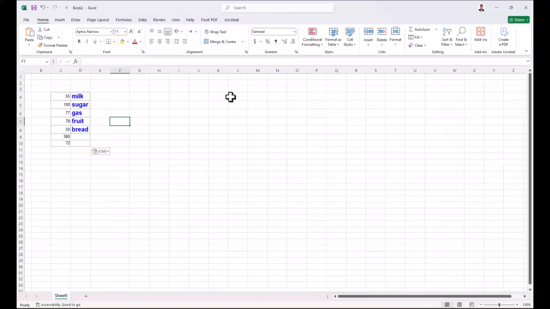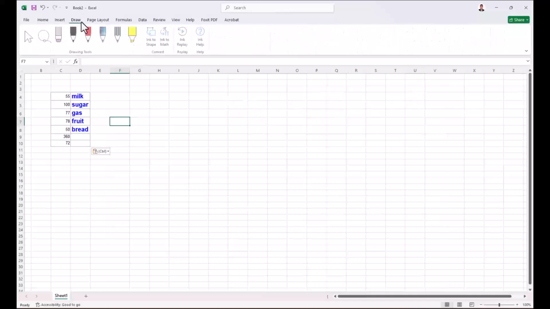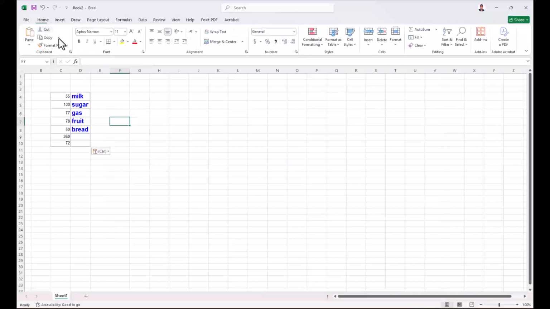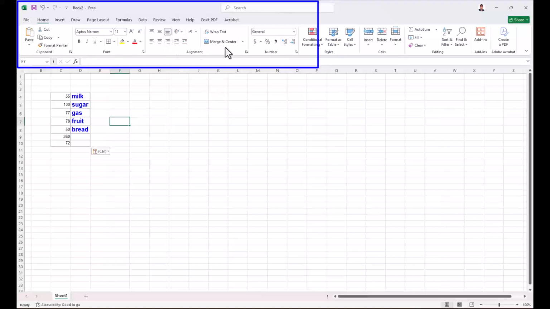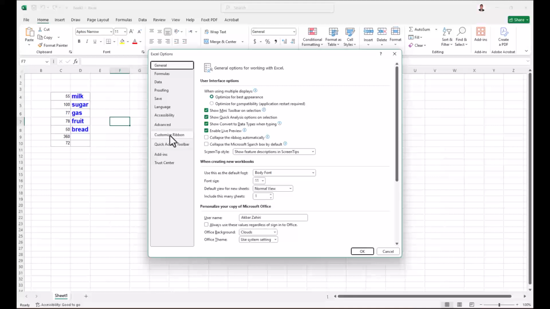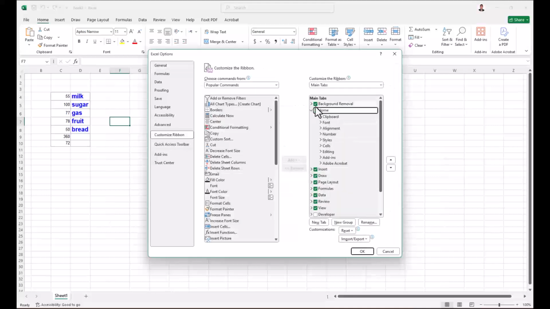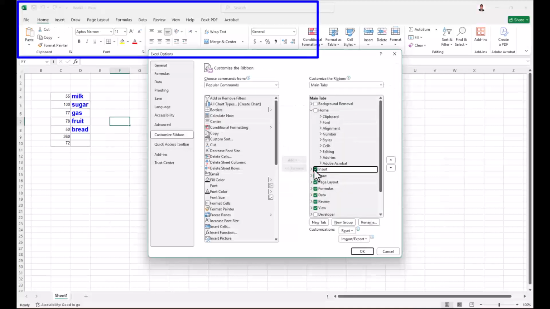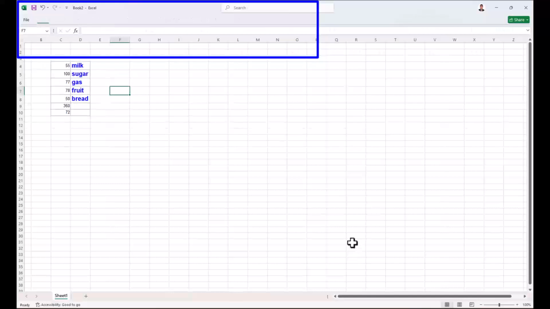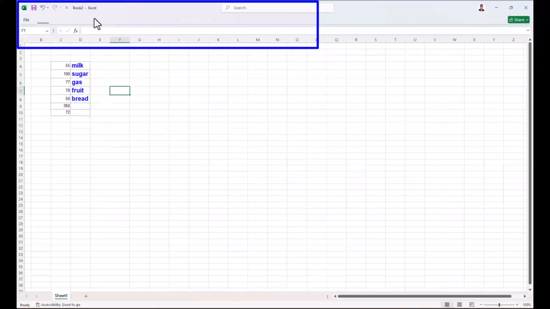At first view, it is maybe a little confusing. Oh my God, how many items and tools I have here. I will do something that will show you these options really are not necessary. If I go to File, Options, and here in Customize Ribbon, if I take out all the ribbons, I mean all the tools, and click okay, you see, there is nothing, and it is not confusing.